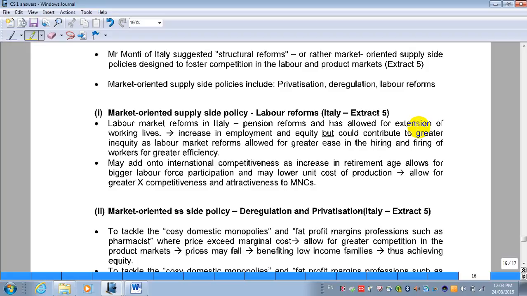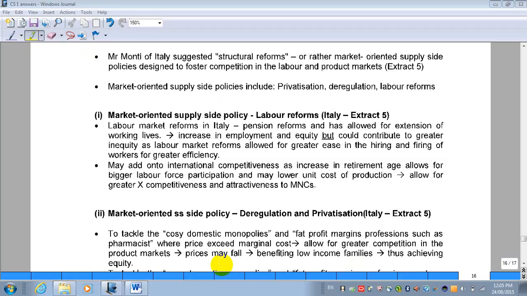How to link to equity. For example, they talk about extension of working lives, pension reforms, and extending the working lives, which means that workers may work for a longer period of time. It definitely increases equity, right? Okay, so some of the labor market reforms help to increase the equity, because with the extension of working lives,